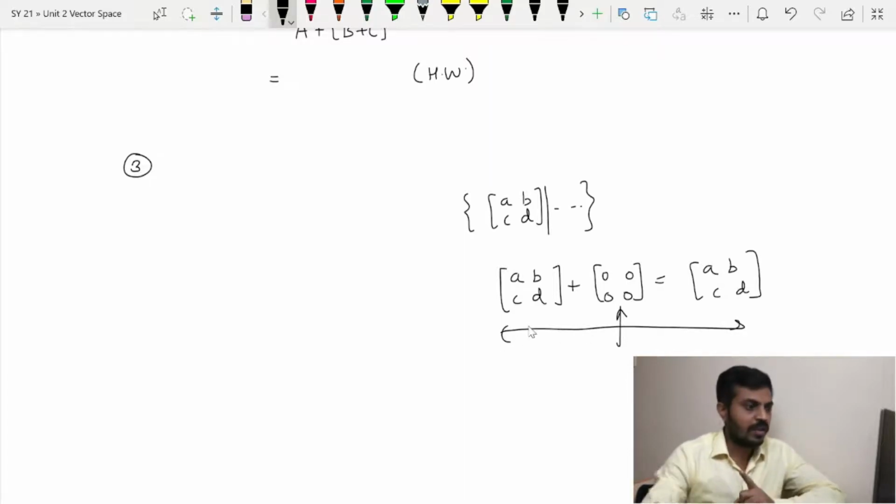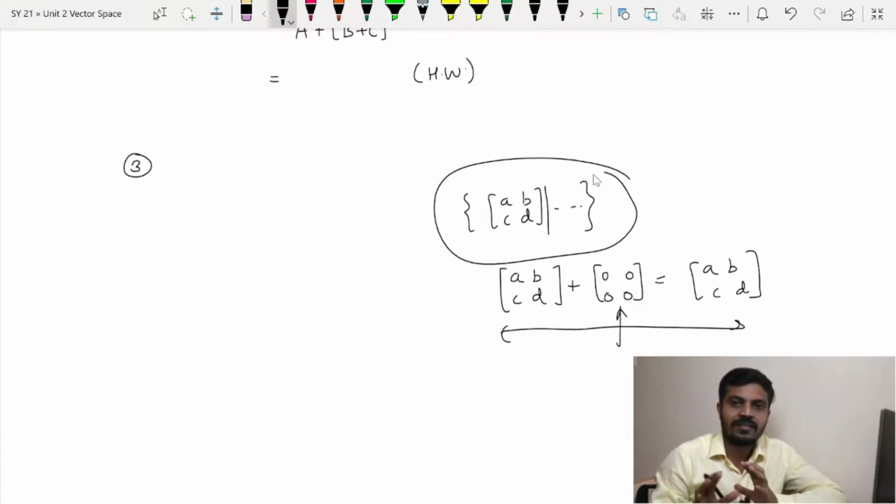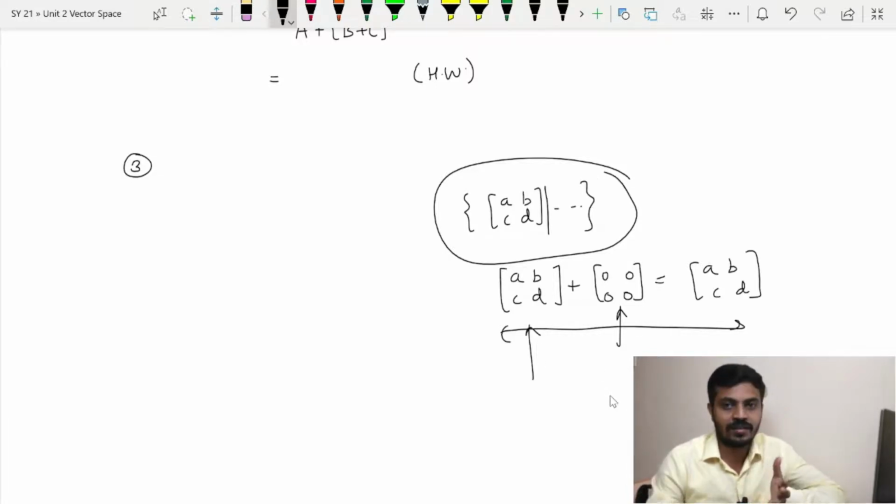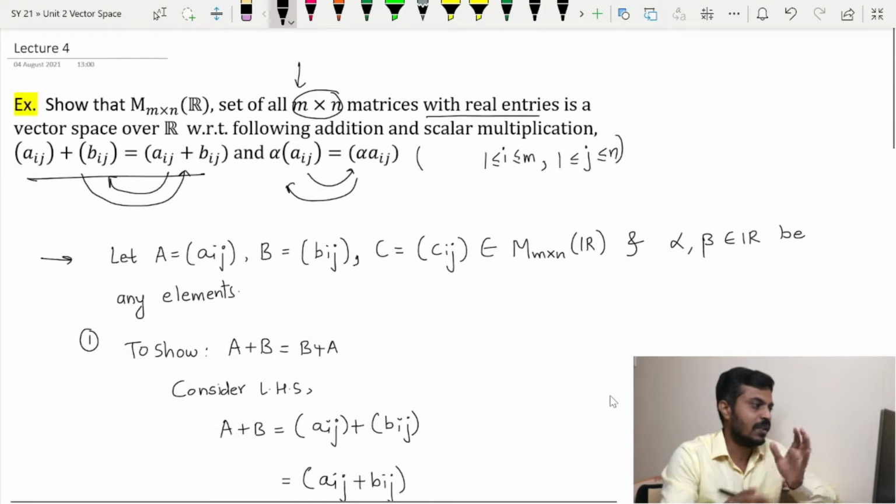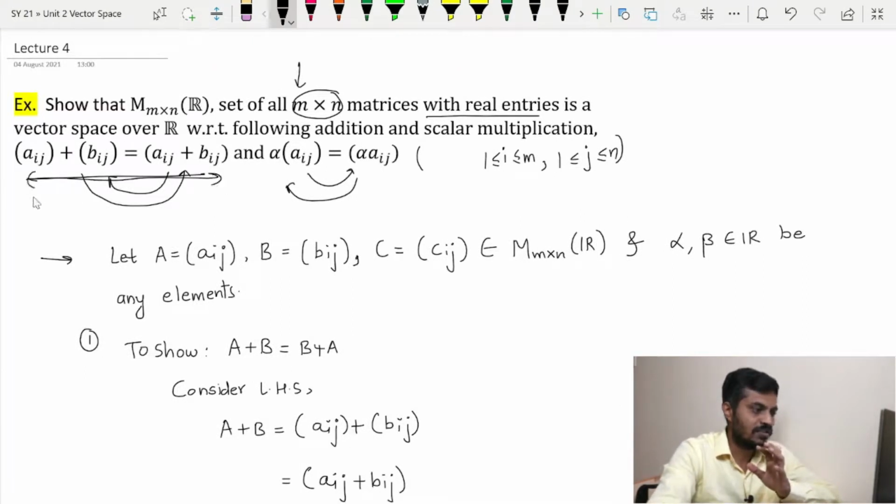Now take one more note that whenever I say collection of 2 by 2 matrices, the set contains 2 by 2 matrices only. We cannot choose one matrix of order 2 by 2 here and another matrix of order, let us say, 3 by 3. That is not possible, because the set contains matrices of the same order. Why am I telling you this? Because matrix addition exists when two matrices are of the same order. Over here we are writing this Aij plus Bij is equal to this. So actually this is a matrix addition. This is possible because both matrices are of the same order, and the order in this case is m by n.